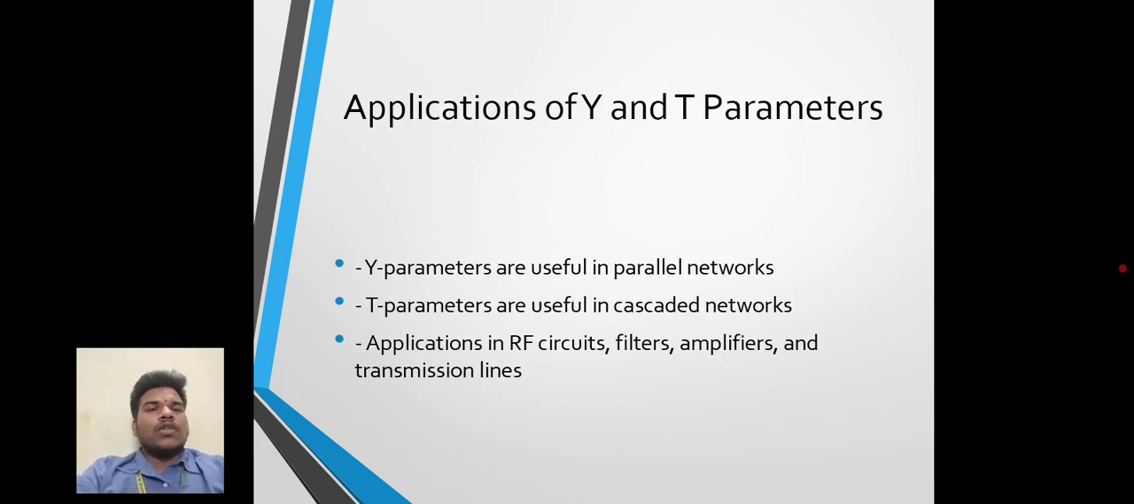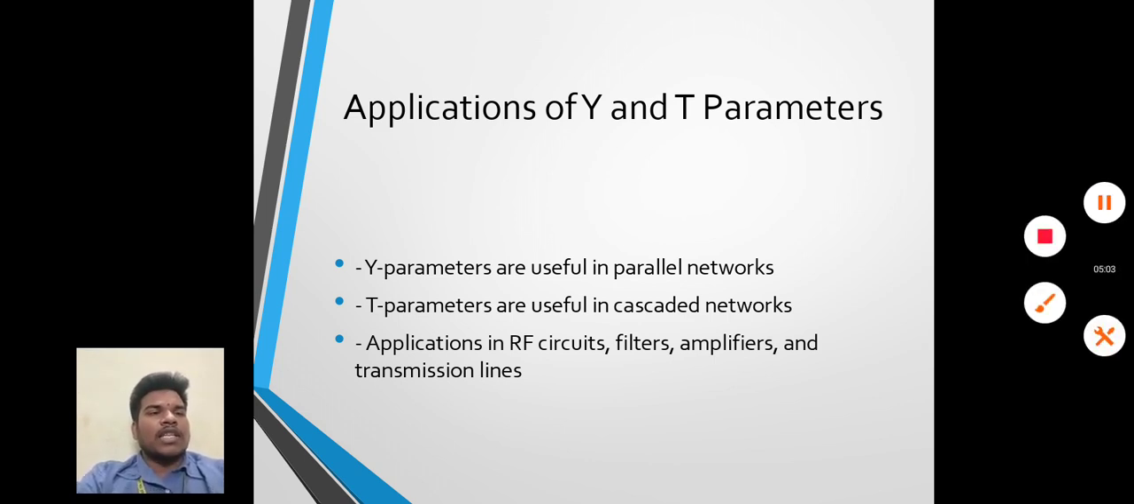And applications of Y and T parameters. Y parameters are useful in parallel networks and T parameters are useful in cascading networks. They can also be applied in RF circuits, filters, amplifiers and transmission lines. It is a very important aspect such that